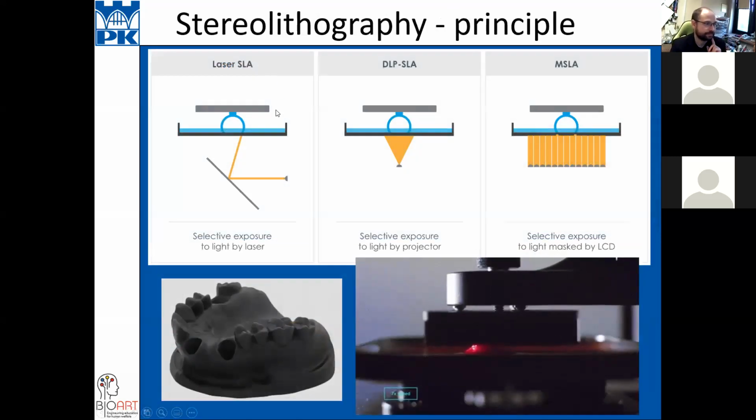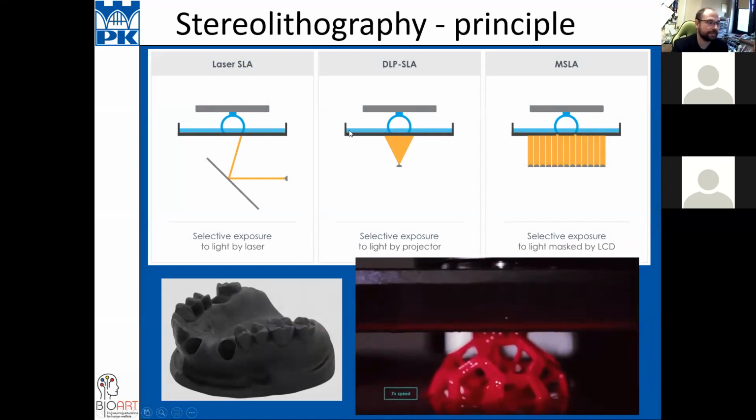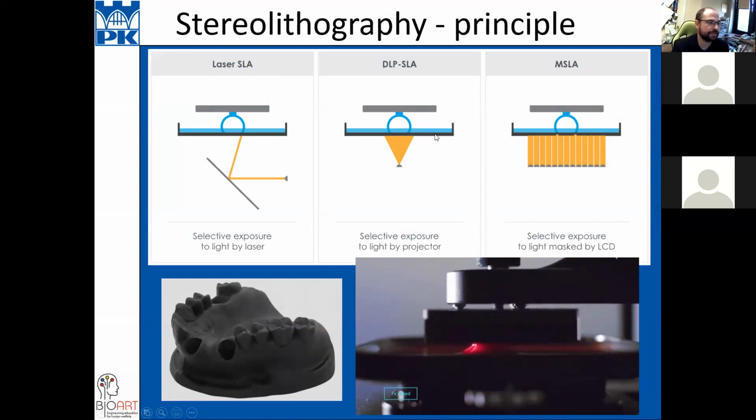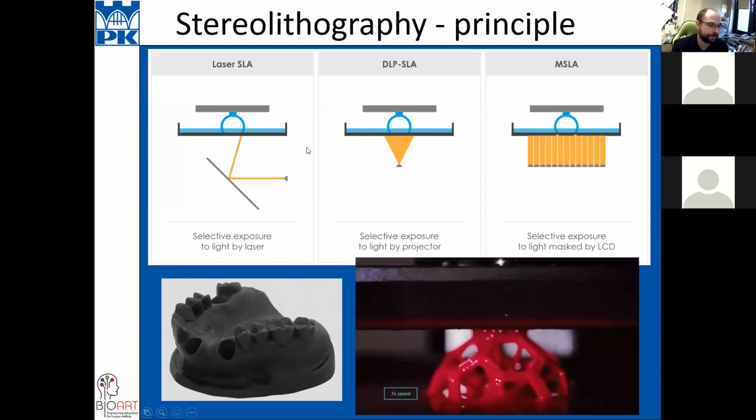In this method, for example, here you have a laser beam, but here you have an ultraviolet projector, and you change the structure of material on the whole plate. This technique is much faster than the previous one.